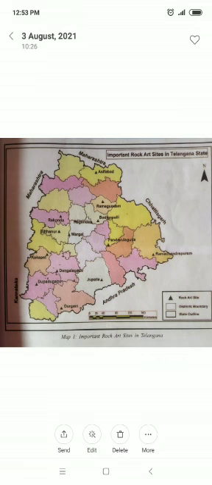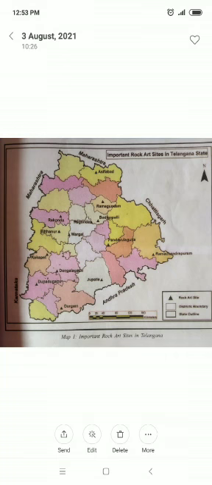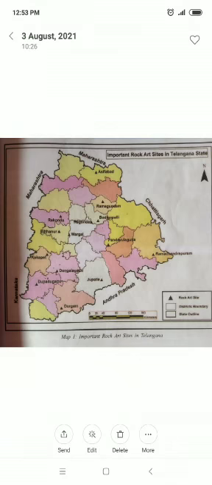Therefore, we always show things on a map with the help of symbols. You may have noticed that in the district map, villages and towns are shown with dots and circles. Map makers prepare symbols appropriate to their needs. But some common symbols, which are called conventional symbols, are also used.